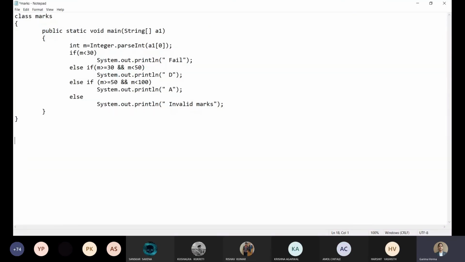The statement is input a number, print it is positive or negative.